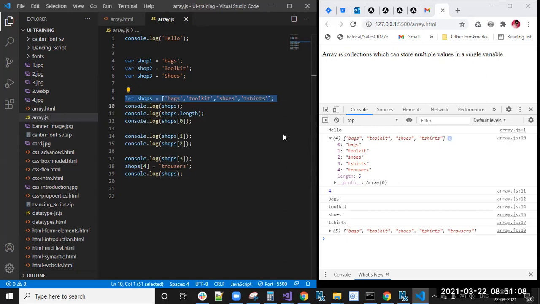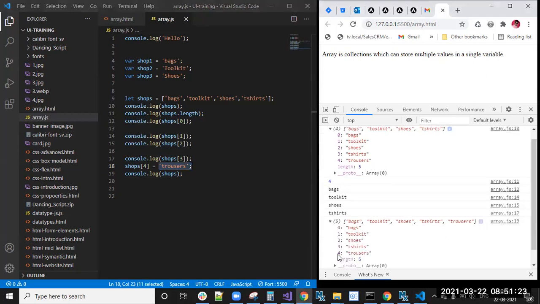After I add into shops[4], in the fourth position, I have added trousers. So in the array, 0, 1, 2, 3, 4, you can see here, in the fourth position I have added trousers.